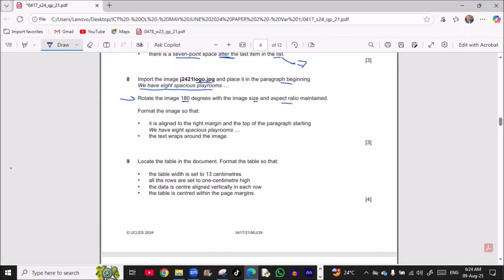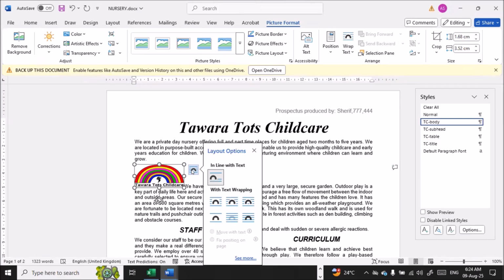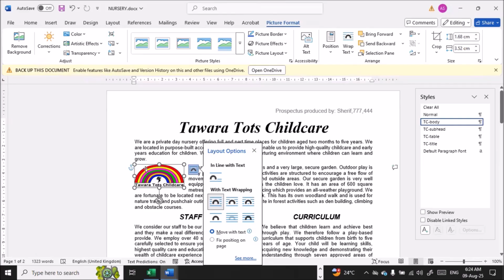Okay, format the image so that it is aligned to the right margin and on the top of the paragraph starting with the 8, "We have 8 species." The text has to wrap around the image. So we'll make it a square to make the text wrap. We'll select this square. And now we can just go to view,